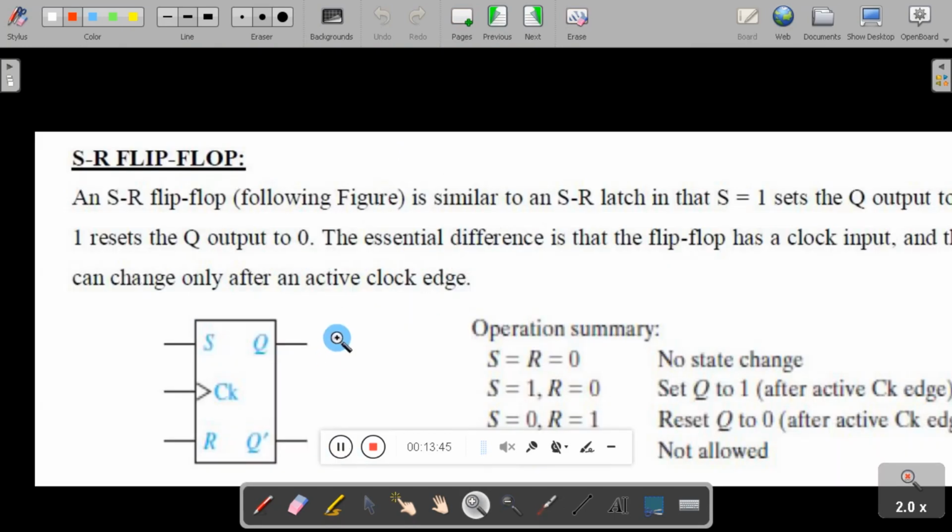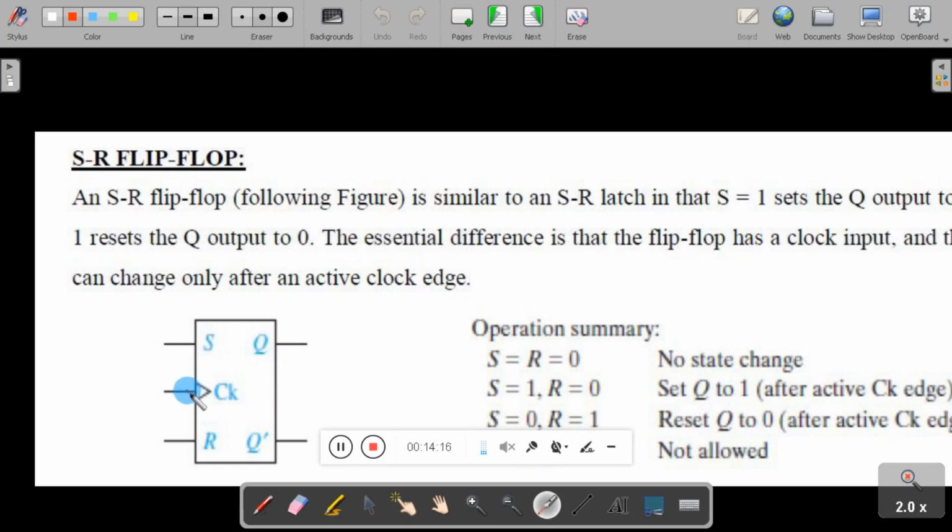In the earlier session, I already explained the SR latch. There is a small difference between a latch and a flip-flop. Both latch and flip-flop are actually the same, except a latch doesn't have any clock signal and a flip-flop has a clock signal. So this is the block diagram of SR, which has three inputs. One is S, second one is R, the other one is the clock signal. You can see here it is an edge triggered clock signal. That means the flip-flop will change either during the positive edge or negative edge. In this case, it is positive edge triggered.